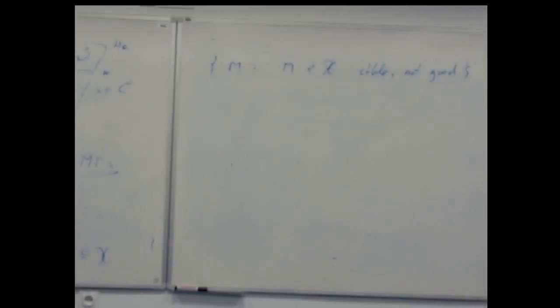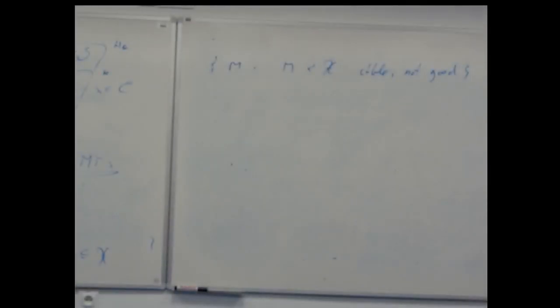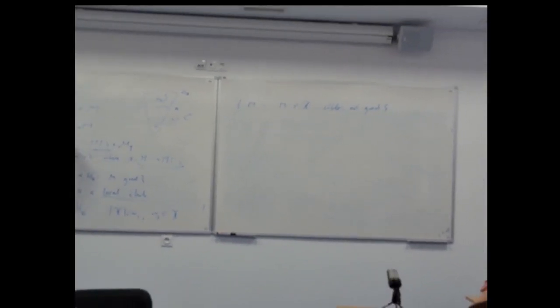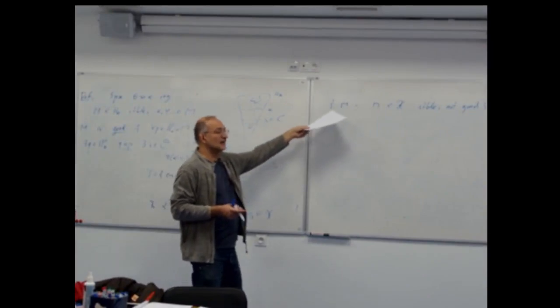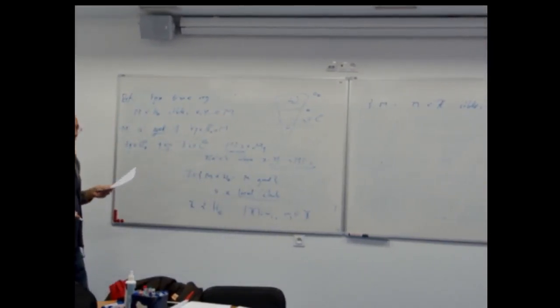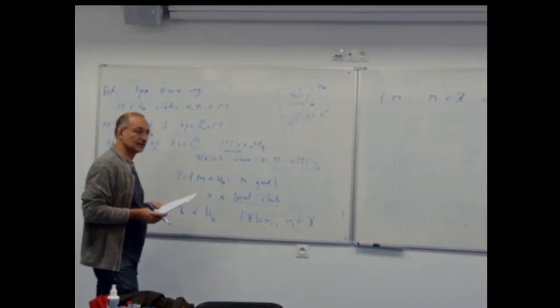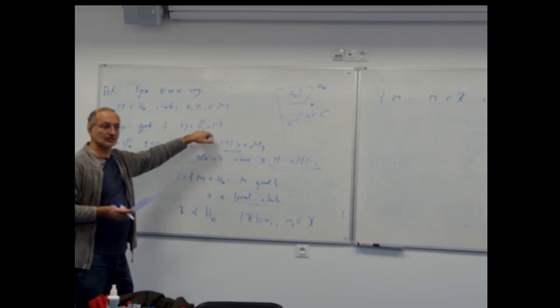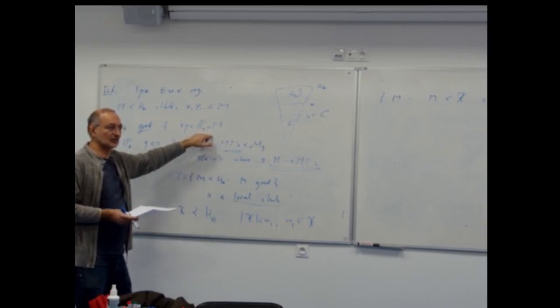Then there is a reason. I mean, why is n not good? Because there is a p for which we cannot do that. But this is true for stationary many n's, there is a p. So we can do pressing down and we can fix the little p for which they're not good, which is the reason why they're not good.